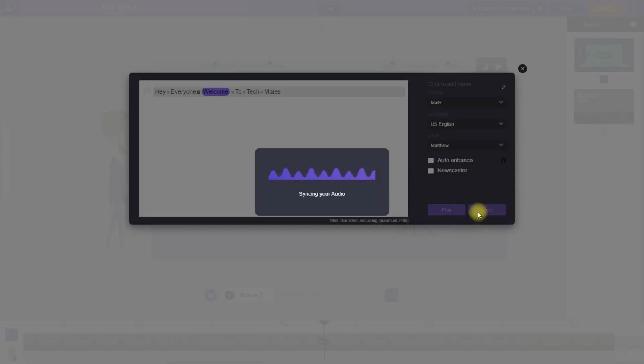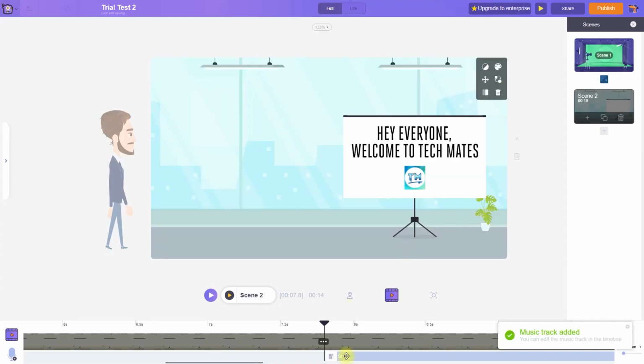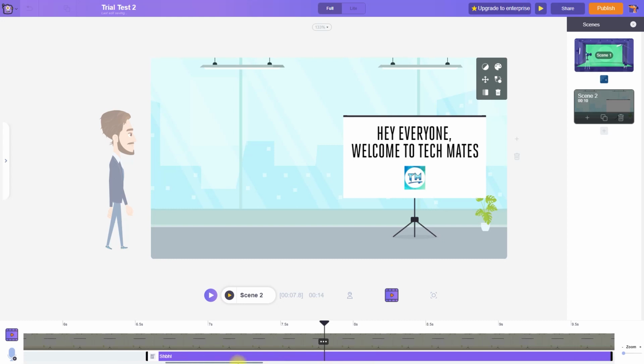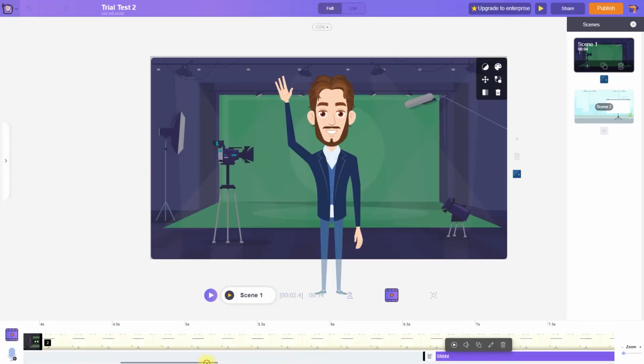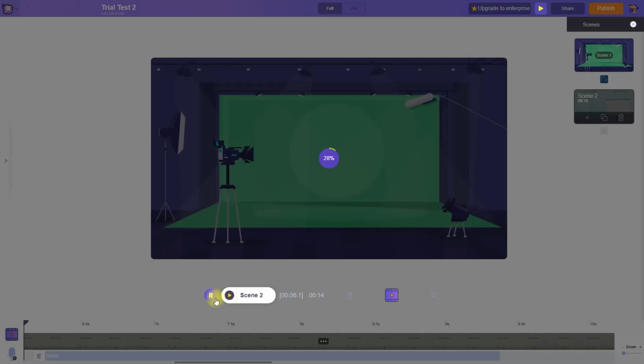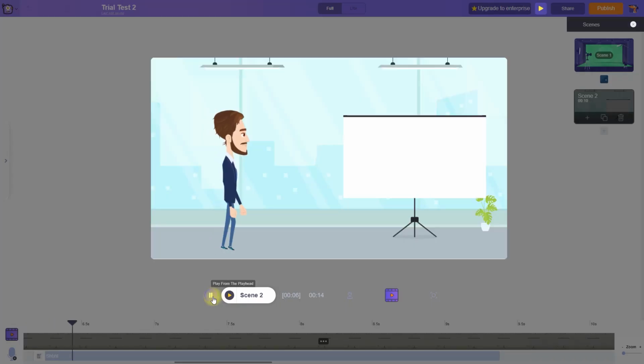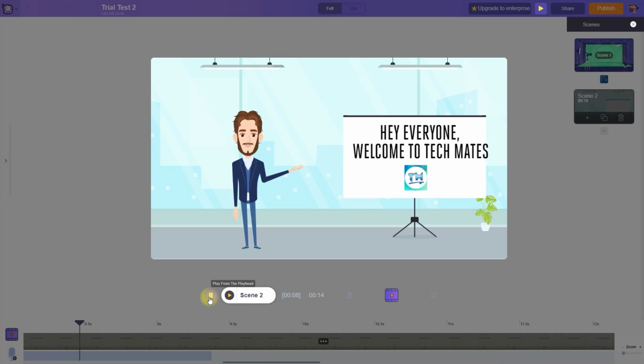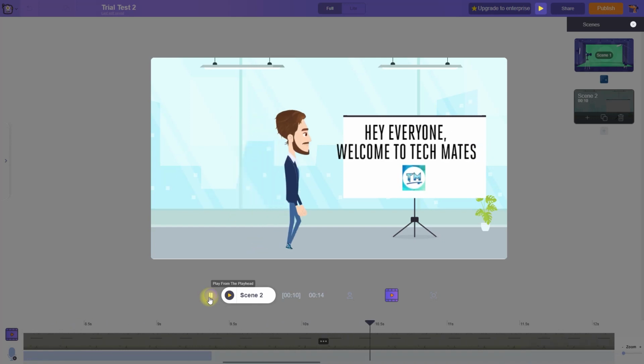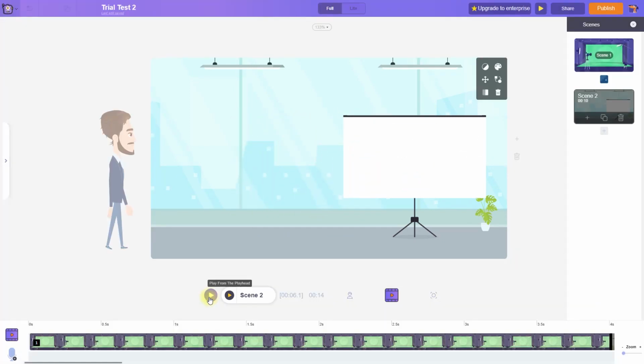Syncing your audio. Our track has been added into the scene. You can see it is over here. Now we need to just adjust the timings, which is really difficult in Animaker, to be honest. Hey everyone, welcome to TechMates. That looks really good. Now let me add my third scene, which is through this button again, and let me